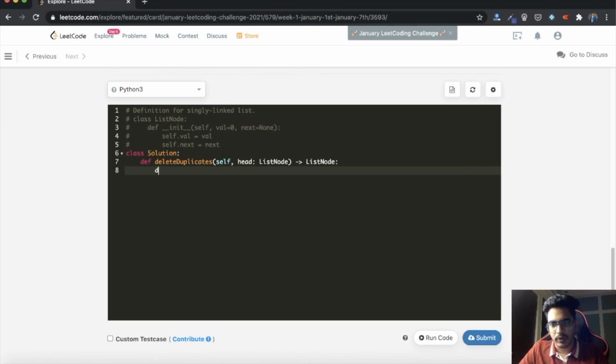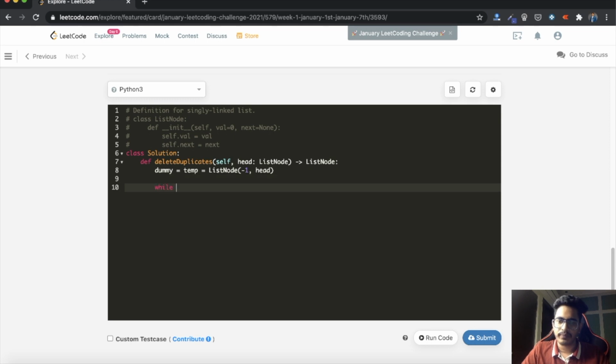First let's create a dummy node. Dummy is equal to temp is equal to new ListNode of -1, whatever the value is. So we want to point our dummy node to head. So let's set dummy.next to head.